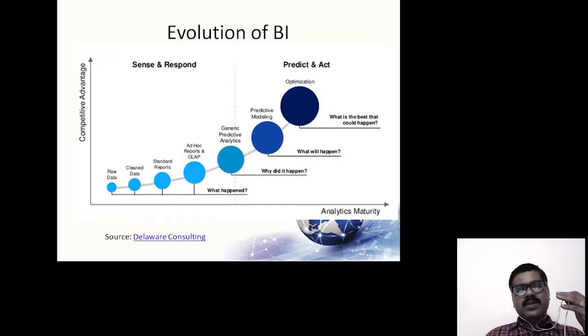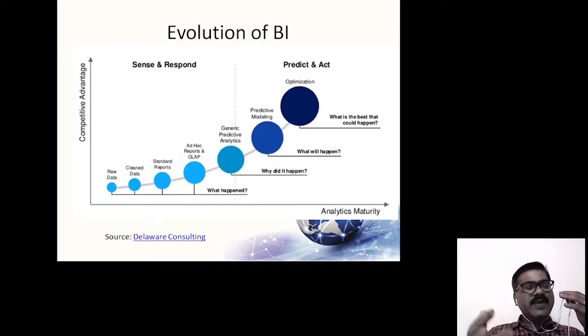So let me close with this slide, the evolution of business analytics. See, what we have here at the bottom is the raw data. Then we refined and cleaned the data to come to the next level, and we started to build some standard reports. You might have seen that from the database a report will be generated. Those are standard reports which cannot be modified or user defined. They are already designed and placed in the application itself, and only those reports we are bound to get.